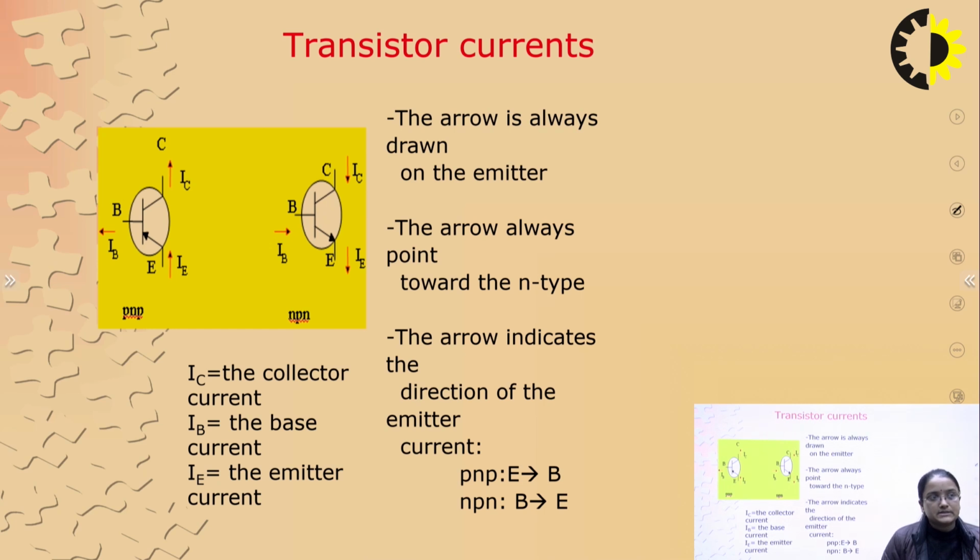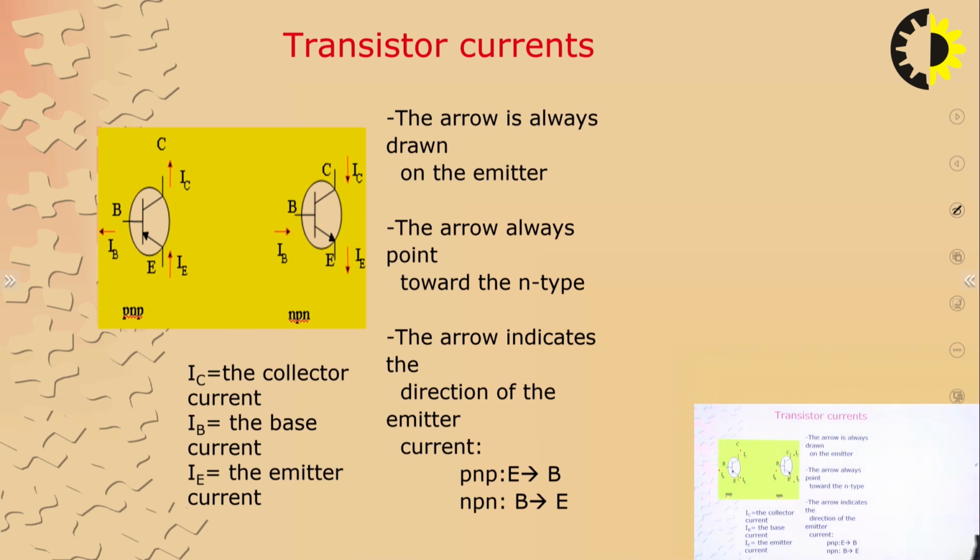These are the transistor currents which we are depicting. The first one is the emitter current, then the base current, which is IB, and the collector current, that is IC. So these are the three terminal currents of a BJT, that is the basic terminology that we use in terms of terminal currents: IC, IB and IE.